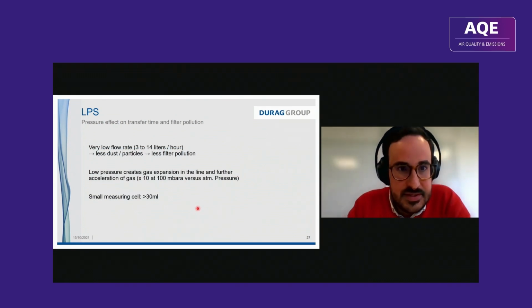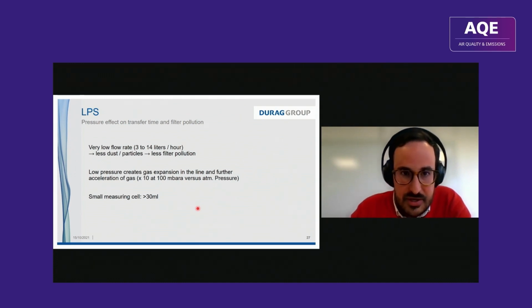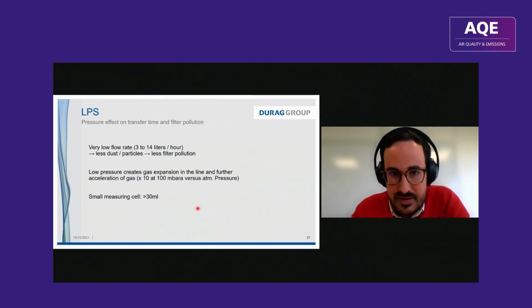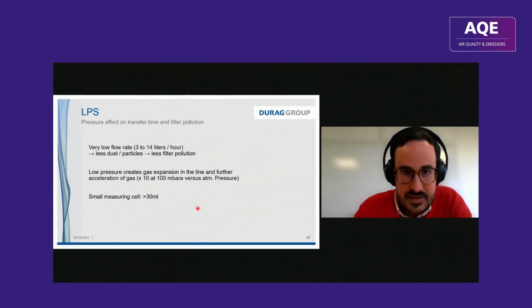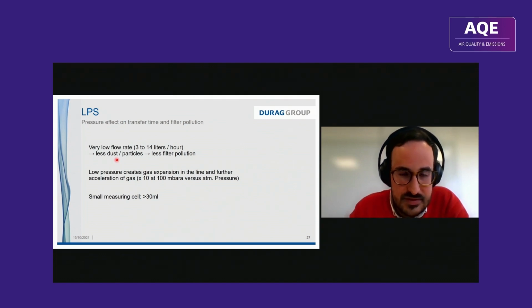A few other advantages. When you give me 1 liter at atmospheric pressure, if I work at 50 millibar, it's 20 liters. So we will work with a very low flow analyzer. For SEMS, the standard will be around 20 to 24 liters per hour, and for process monitoring, it will be between 3 and 14 liters per hour,